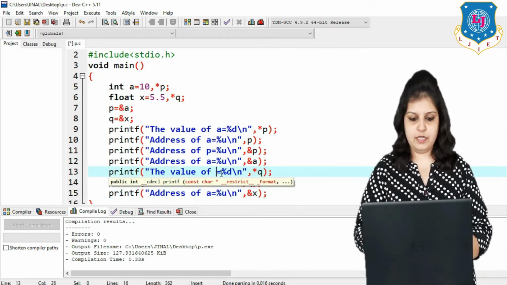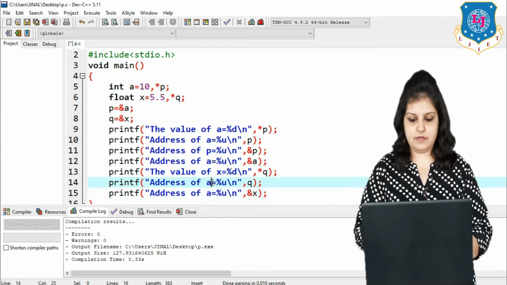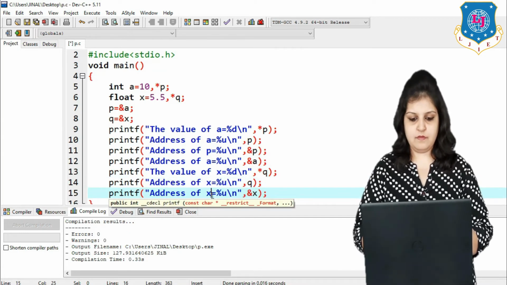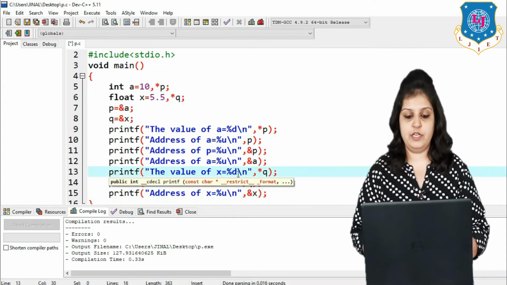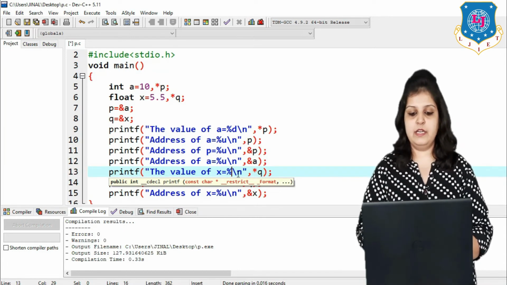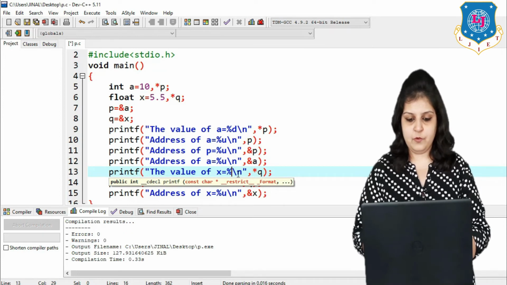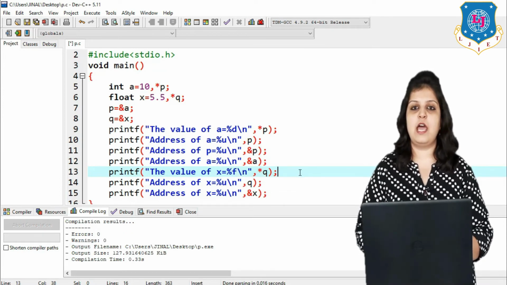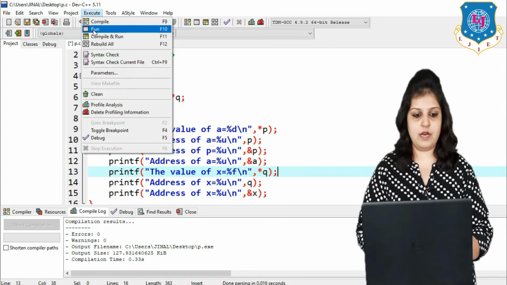Change the value here to x. Now you have to change the control string. Why? Because x is a float data type, but here I am writing %d, so I am removing %d and writing the %f control string. Now run the program.